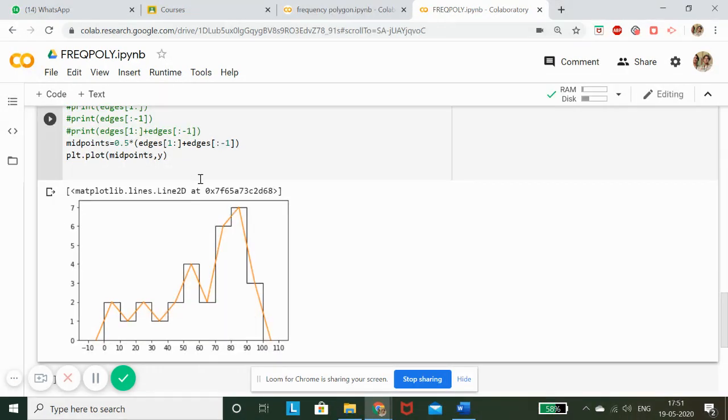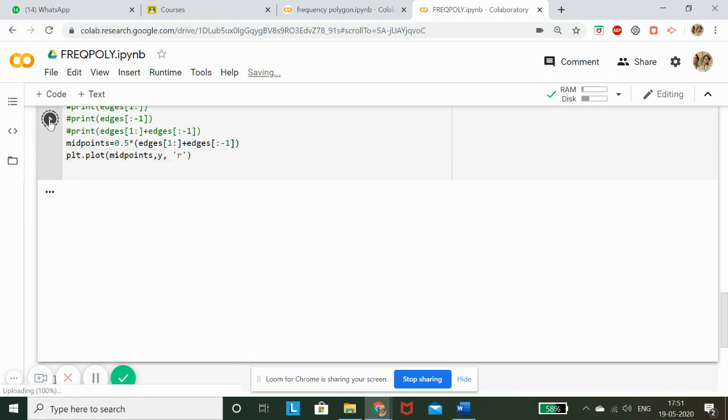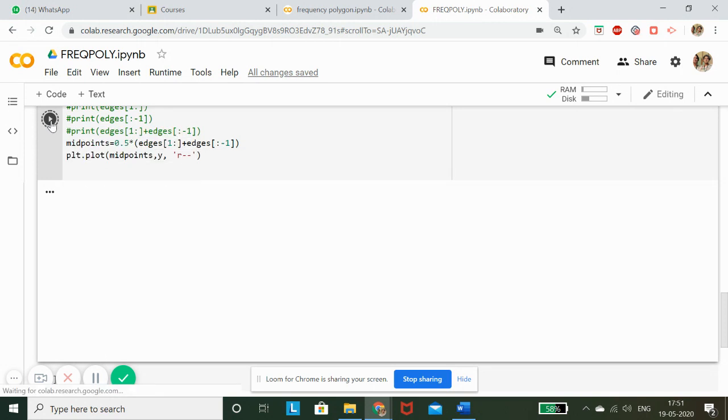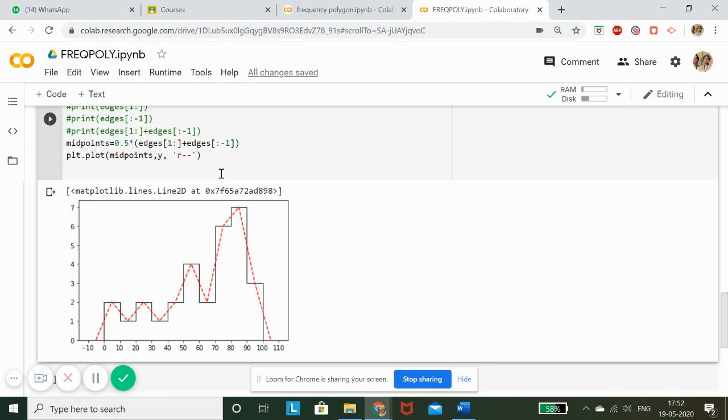Just a small information. If I want to make my presentation more beautiful, I can change my color code of the line graph. I can make it R. R is a color code for red. Obviously, my line drawn will be of red color. And if I want to add it to a dotted line, or I want to give points, I can do that also. This is a red colored line now. If I want to make it a dashed line, I can simply say 2 times dash, and it will convert my line into a dotted line.